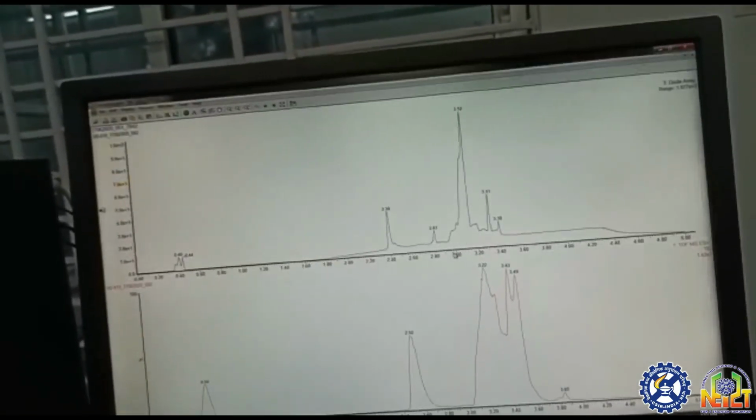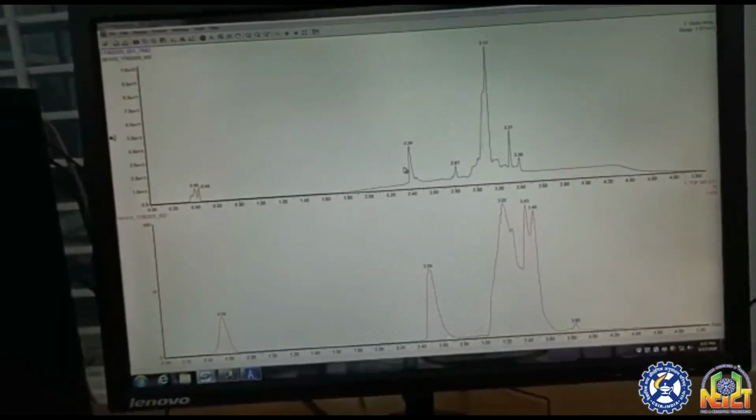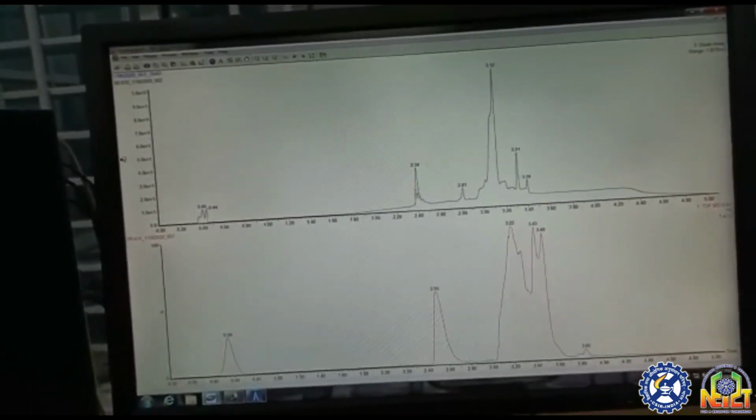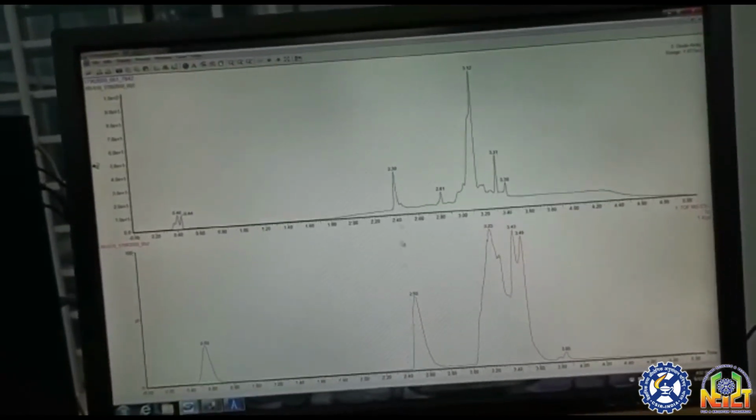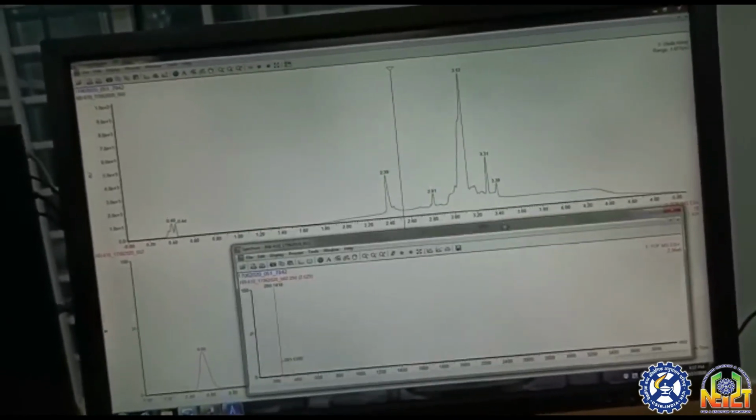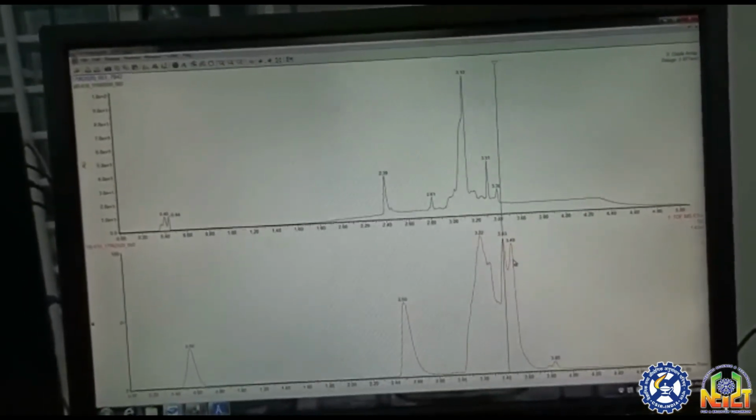This one is another sample. You can see here by diode array that it is not pure. It is having 3-4 peaks which show that the sample is not pure. If you want to check the mass of every peak which is coming at different time intervals, then you can just click on 2.5 minute, then 3.2 minute, then 3.43 minute, then 3.49 minute, and you